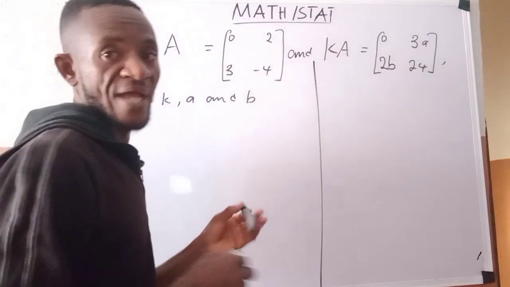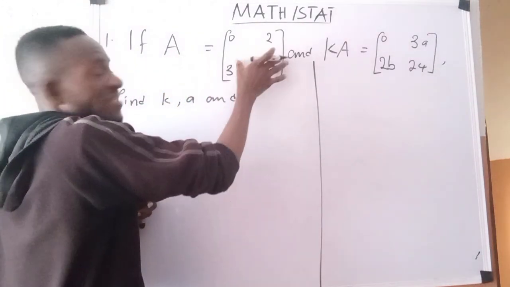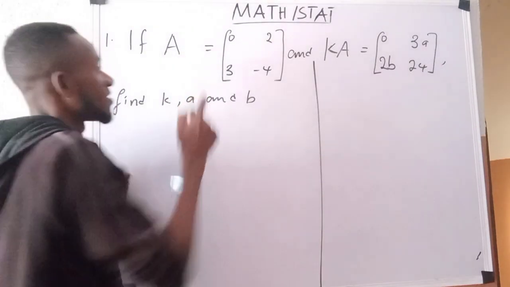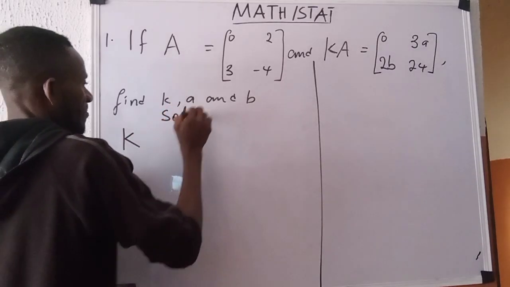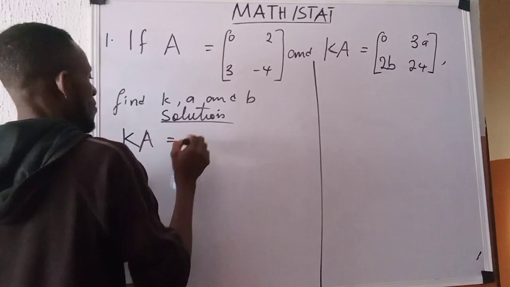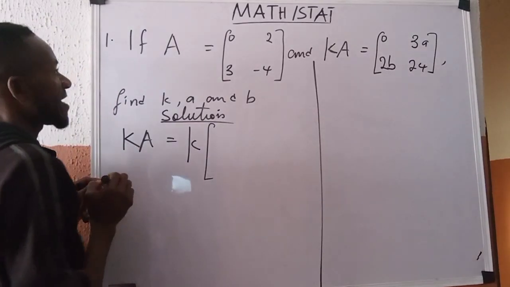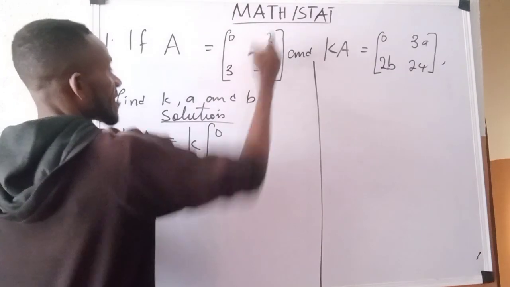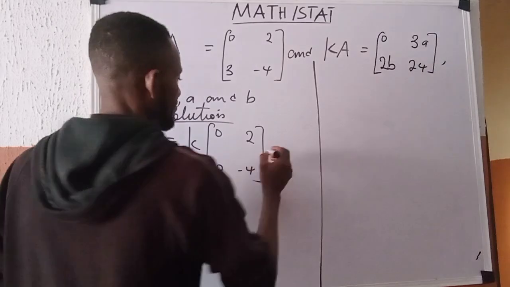So as a way of solution, permit me to divide this board this way. I was given A to be this matrix. So if I want to find KA, I will say that my KA equals K times the matrix. What is my A? My A is 0, 3, 2, minus 4. Then I'll close it. This equals